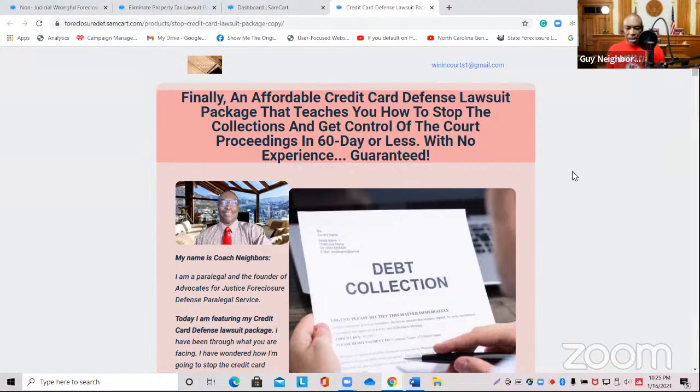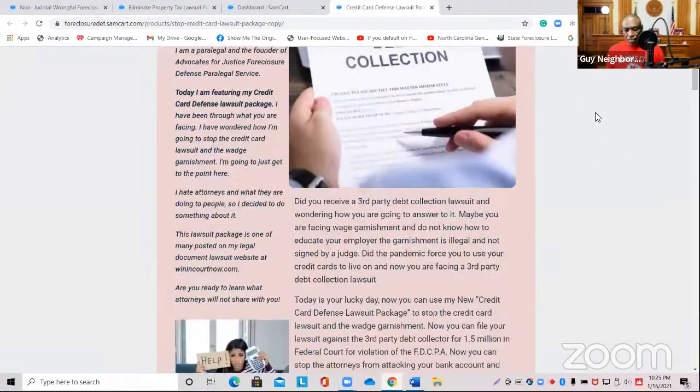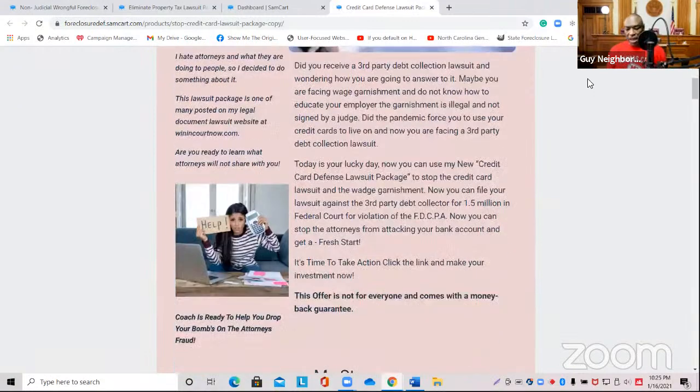But you can see here that we put this together. These debt collections are totally illegal, what they're doing, and they're kind of the same thing with the foreclosures. So we put this offer together here, and I'll leave a link to it